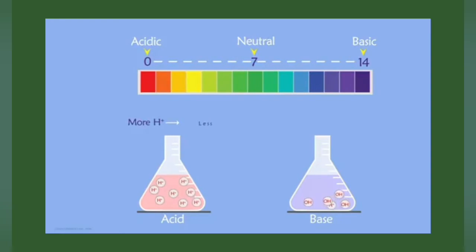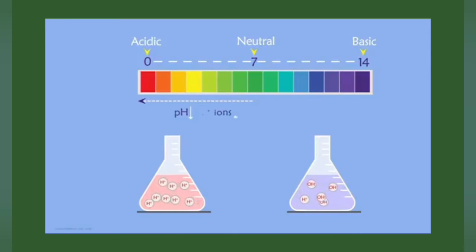The more the concentration of the hydrogen ion, the lesser will be the pH value. Yes, understand this well. The more the concentration of the hydrogen ion, the lesser will be the pH value. Now, if you look at the scale, as we go towards the left, the pH value is decreasing, which means that the H+ ion concentration increases. And as we go rightwards, the H+ ion concentration reduces.